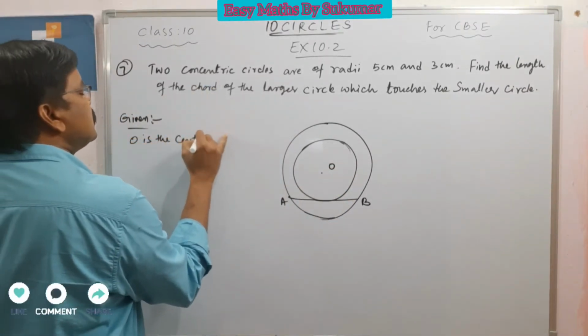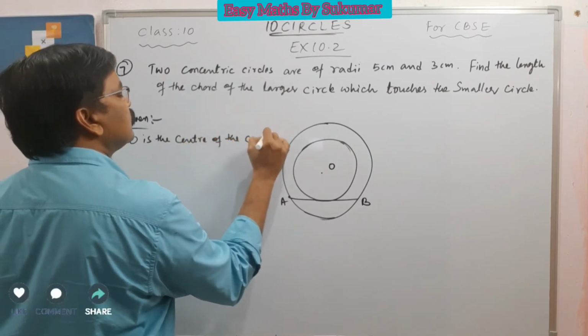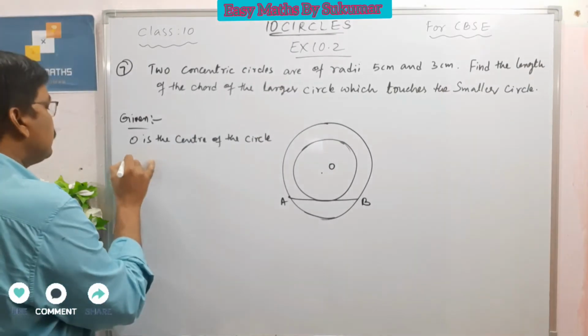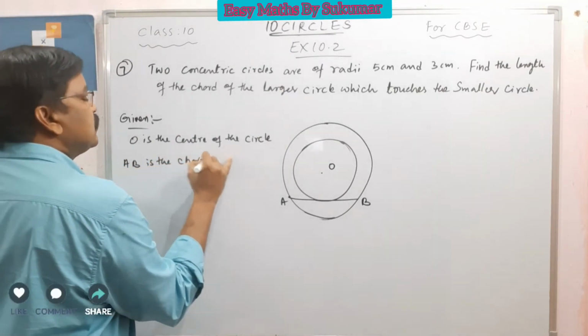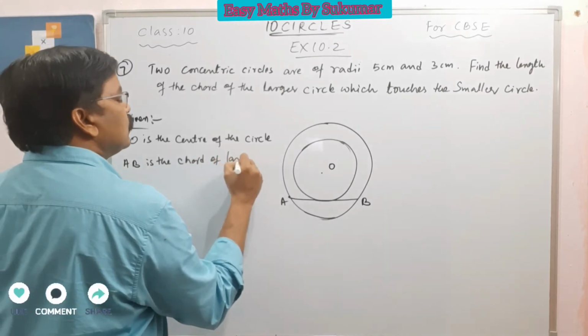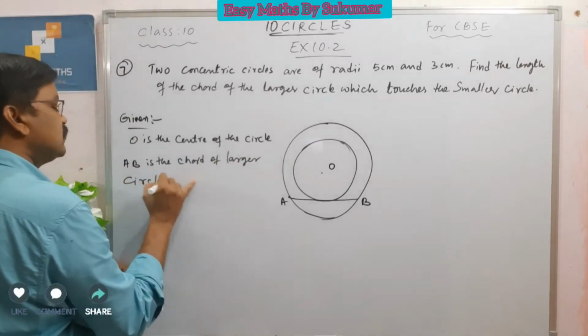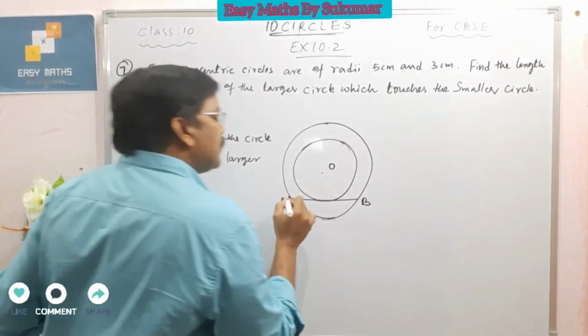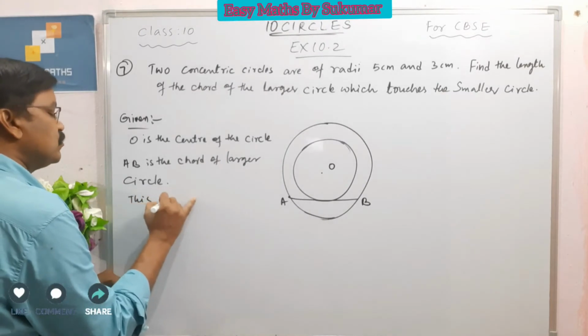AB is the chord of the larger circle, but it touches the smaller circle, means this AB is also